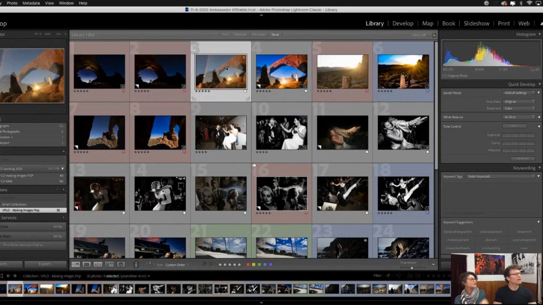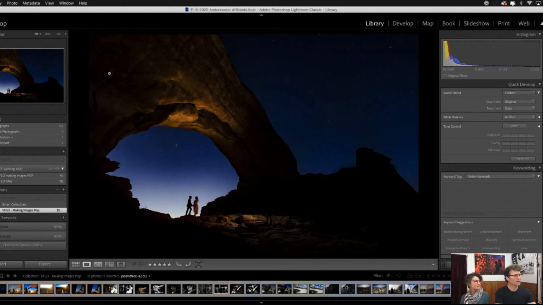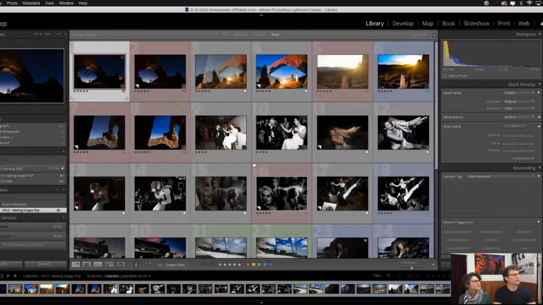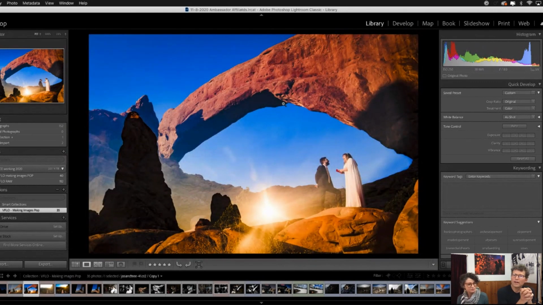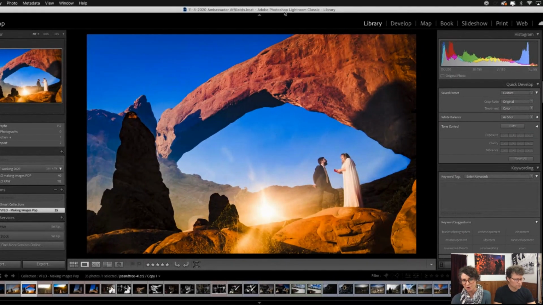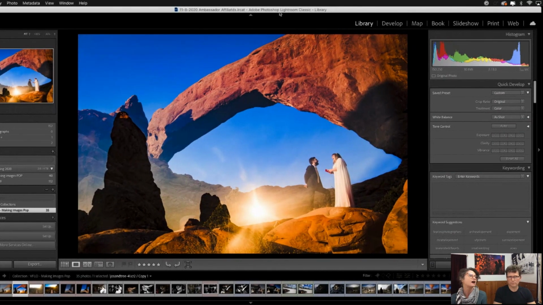Okay, can you show the final photo first and then the next photo? Yeah, so here's the next shot from their ceremony. We actually took them around the backside of the arch because we wanted to be a little bit more private for them. It turns out lots of people show up at arches to watch the sunrise and sit in the arch. There are two arches next to each other